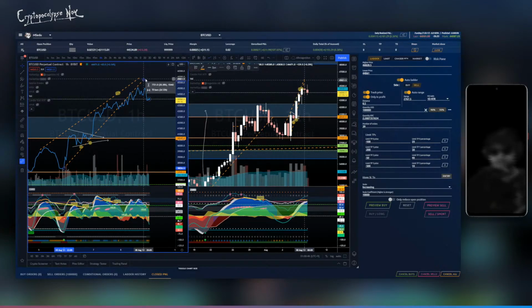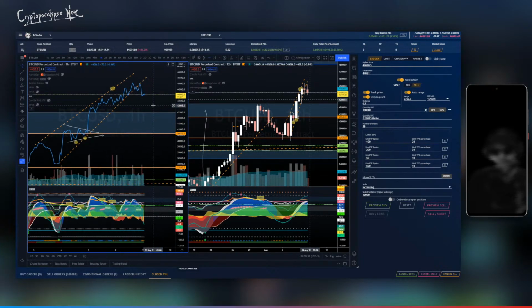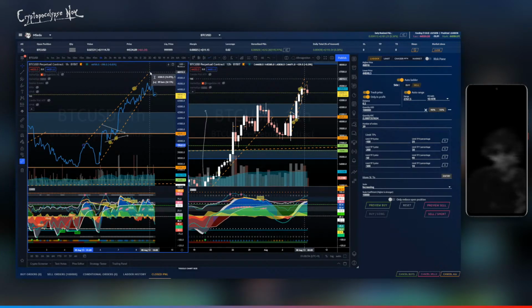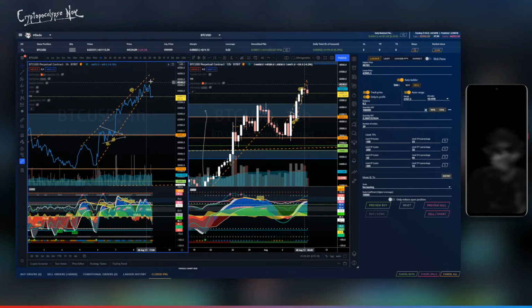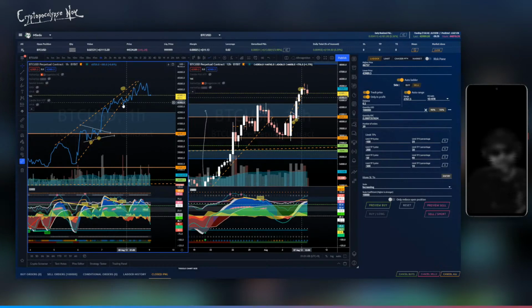Even if we now move this line down to about here, we can see the breakdown occurred here and the retest here, and now we're falling. So depending on how you drew the wedge, it's still playing out. I'm just going to leave it alone, because this is what we had originally. We thought that was the breaking down of this price line